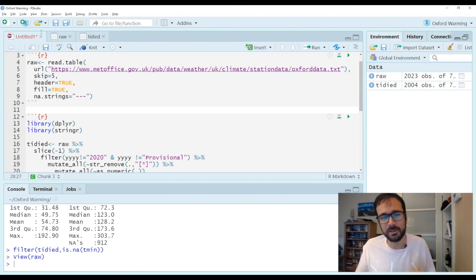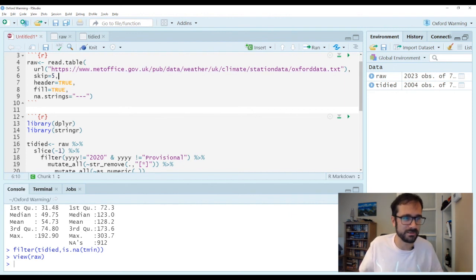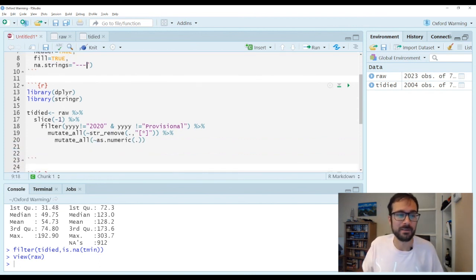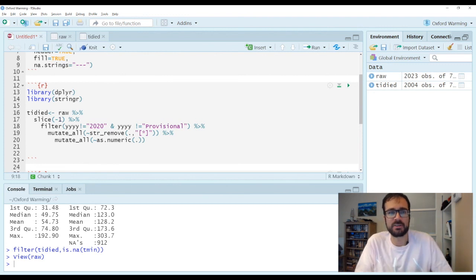So getting familiar with a lot of these fiddly steps of, okay, what are the arguments within the read functions, depending on different formats of data, with the skip and the header and the fill and the na.strings, they can be very useful, as can knowing some of these little tricks with stringr and mutate_all to try to understand better what we would need to do under different circumstances. Everything I've done here is not super generalizable, it's specific to this format.